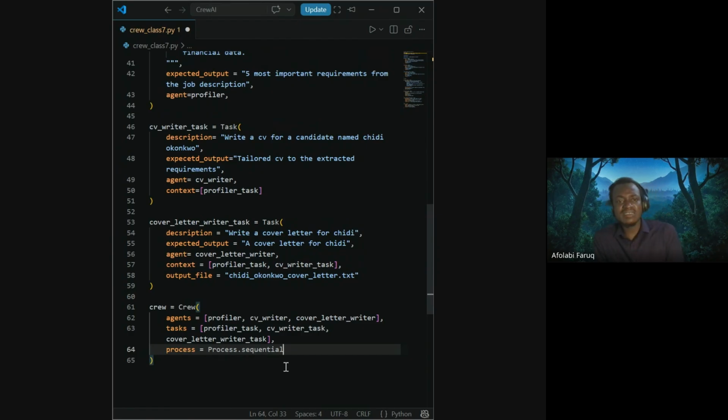The only situation where we need a hierarchical process is when the agent needs to decide by itself to delegate tasks. Outside of that, it has to be sequential.